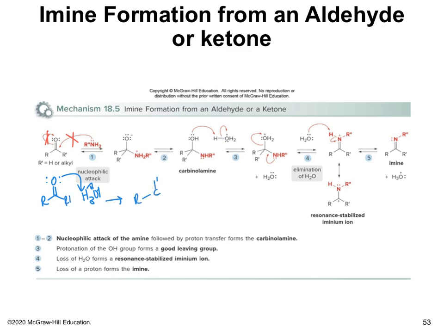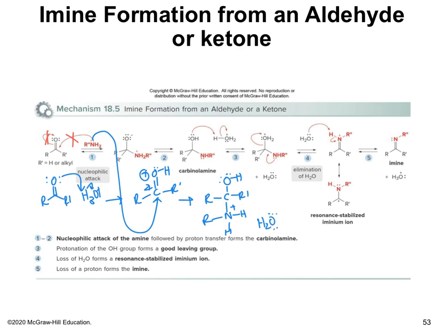So make that correction in your books, and then the amine now can come in and you get NH2R. Now it's a positive charge, so you're going to have the water, the catalyst, become an acid,